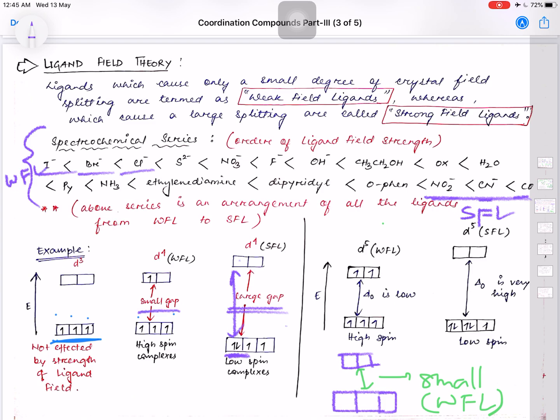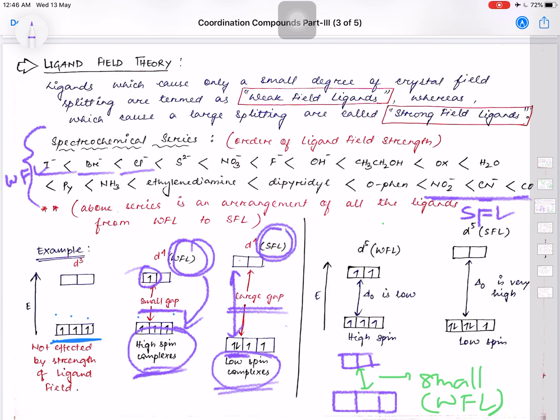And if the gap is very small, means we have a small gap between the T2G and EG level, then the 4th electron can easily go to this higher energy level, okay. So this type of complexes are called high spin complexes, where the gap is very small, so that extra electrons can go to high energy level, okay. So we call this one high spin complexes. And where the gap is very large, we call it low spin complexes, okay. So always remember, if you have a weak field ligand, you will have high spin complexes, and if you have a strong field ligand, you will have low spin complexes,